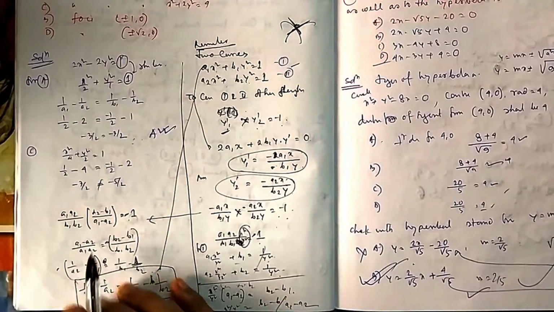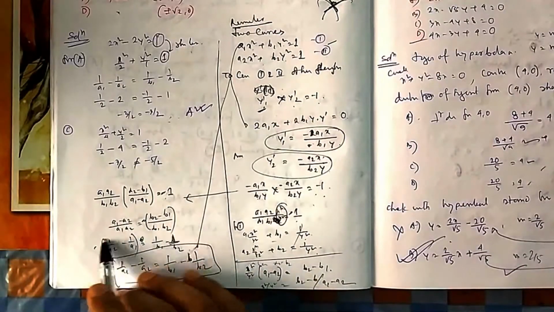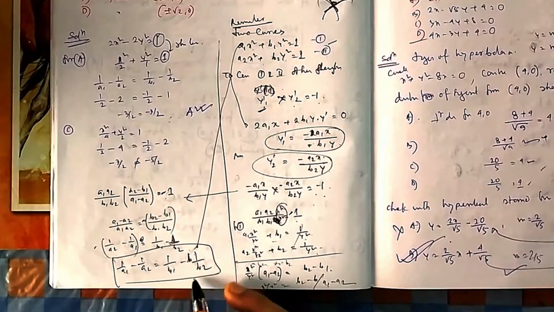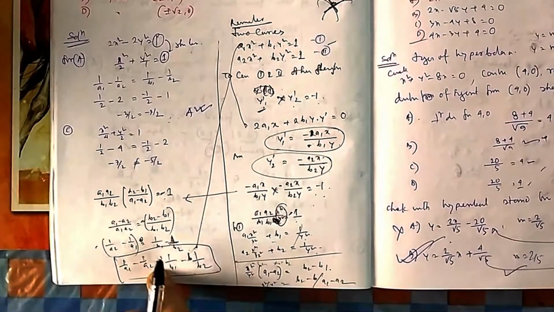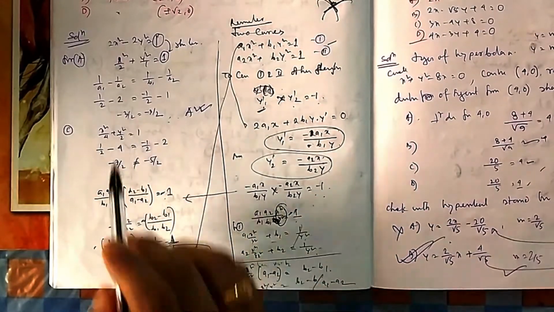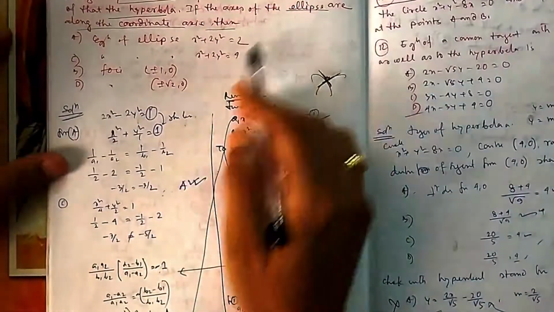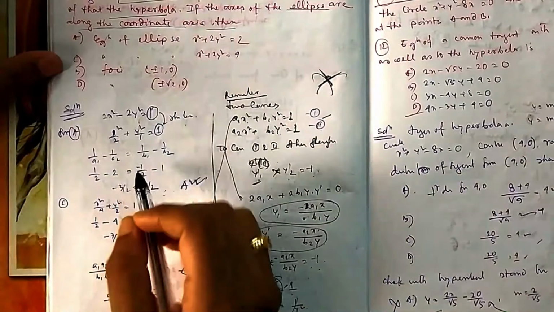Now if you separate it and do some mathematical part, then this is the condition: 1/a1 minus 1/a2 is equal to 1/b1 minus 1/b2. Now this is the condition. Once you know a1 and b1, the first one, suppose the hyperbola is given to you, so you know this one. If you divide it by 1, then